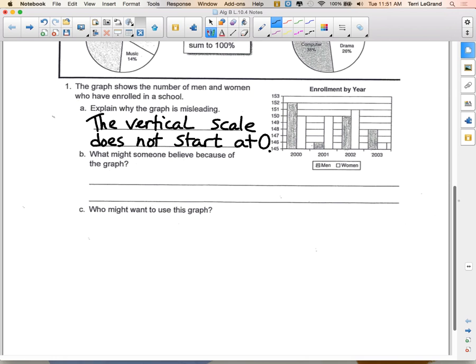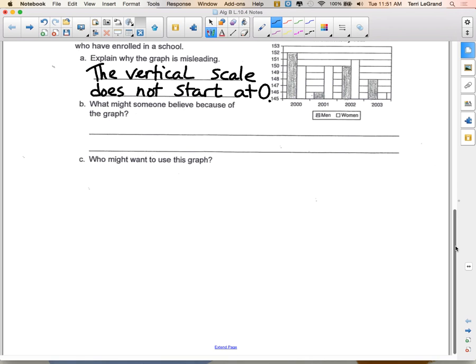How many? 4. Yeah, a whole 4. And it looks like there's a lot, doesn't it? Typically what we would look at, we'd probably go by tens, wouldn't we? We would say, oh yeah, it looks like there's about 40, and it's a whole 4. So what it's doing, someone might believe,